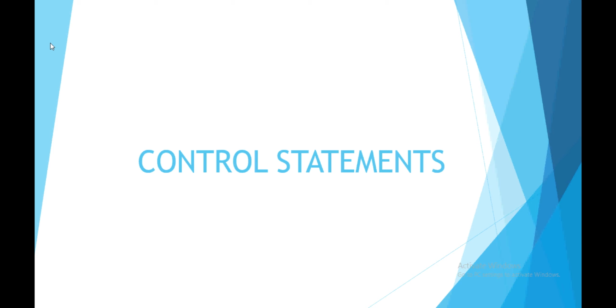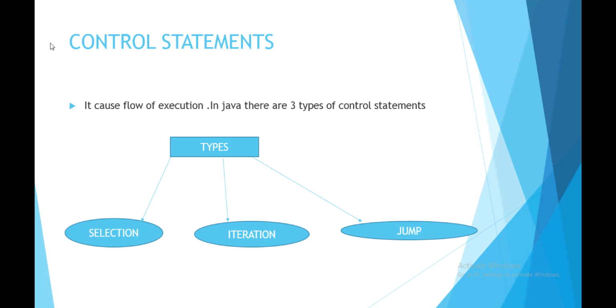Control statements are basically the statements that are useful for running the Java code, in which we don't have to write the code again and again, increasing the length of the code. So we will be using these statements so that our code length becomes short and the flow becomes easy. They control the flow of execution, like in what sequence the flow should go. If it has to run, then that particular line of code should go again and again.